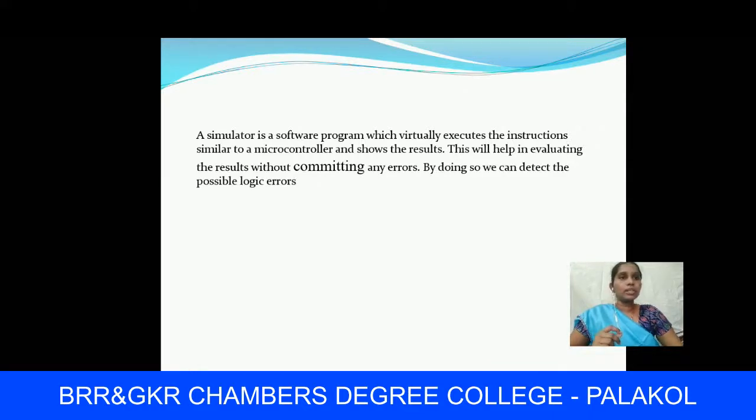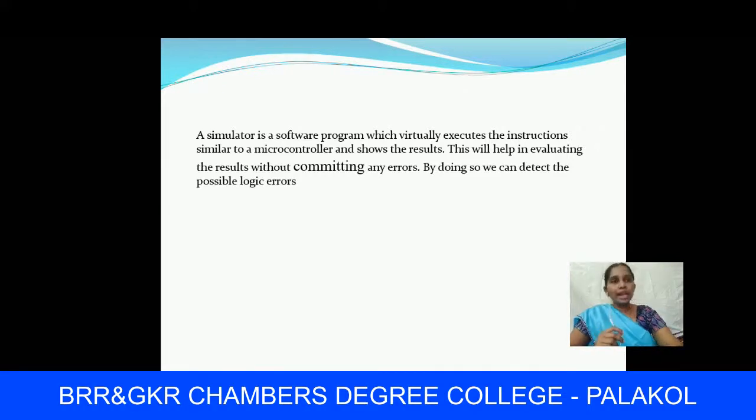That means it will show the results. This will help in evaluating the results without committing any errors. By doing so, we can detect possible logic errors.